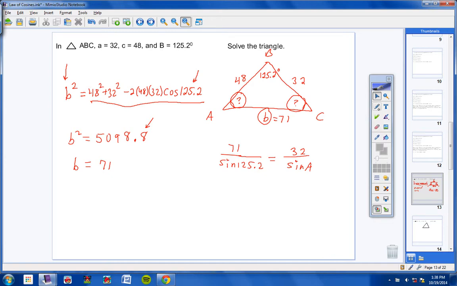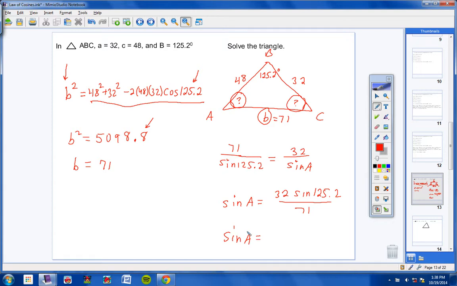So students, here we go. We're going to go ahead and cross multiply, and of course I would have this. We've done enough of these, we can skip some steps here. I would have 32 sine of 125.2 divided by 71. Okay, so next I would have sine of A equals, let me type this in my calculator real quick,